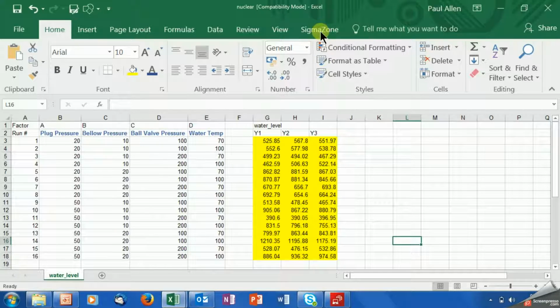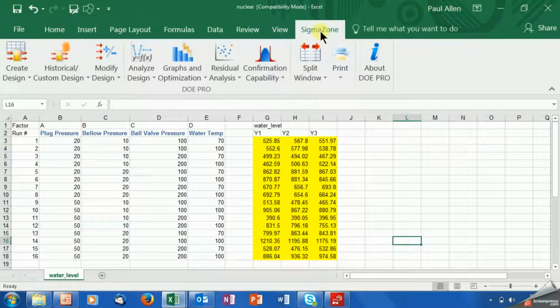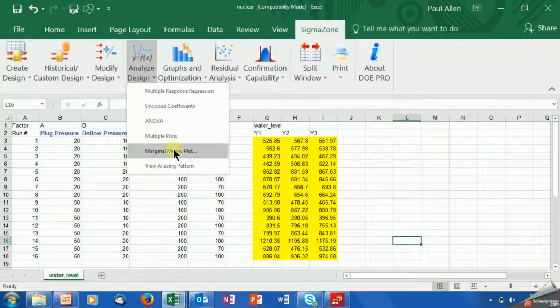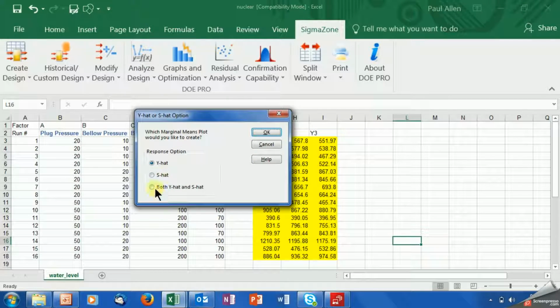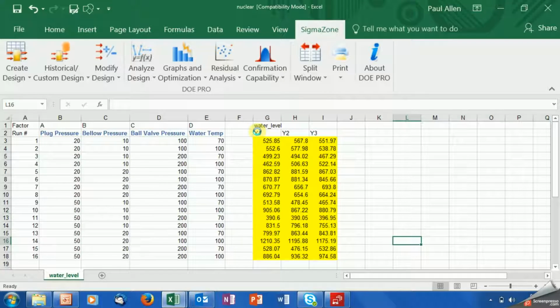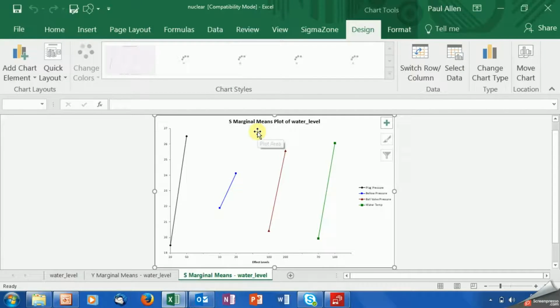So here we go, Sigma Zone. Now this is a straight full factorial, so I haven't done any screening beforehand, so I don't really know how this process performs. So when I go into Analyze Design, I'm going to stick with my original analysis, and I'm going to go to the marginal means plot, both y hat and s hat. Okay, up comes